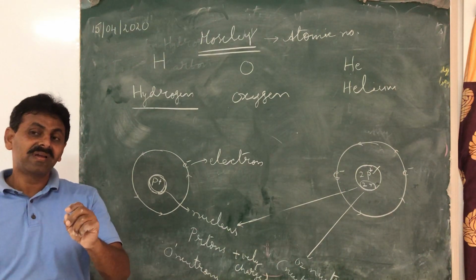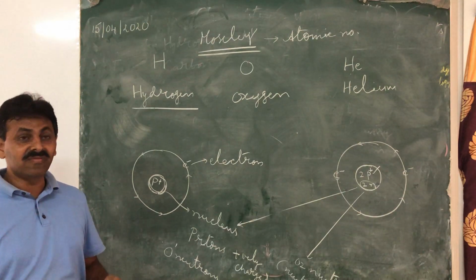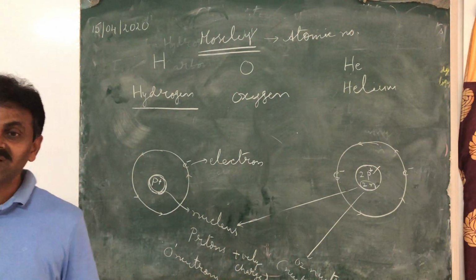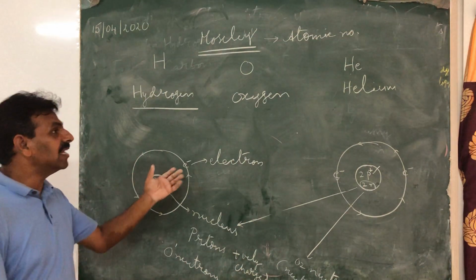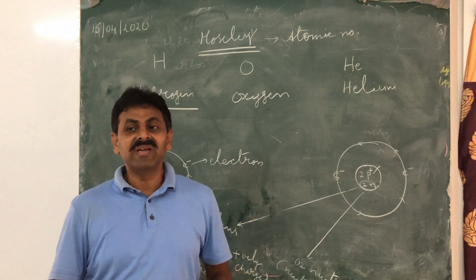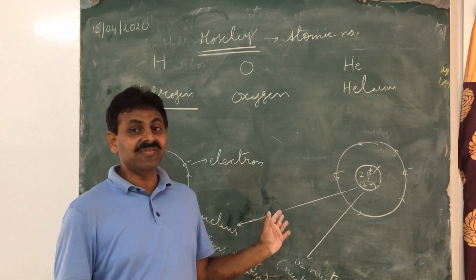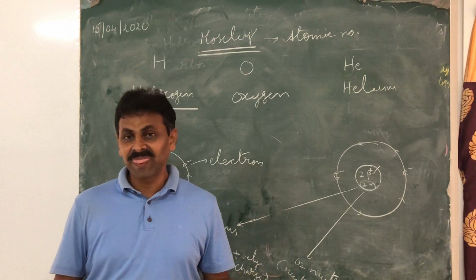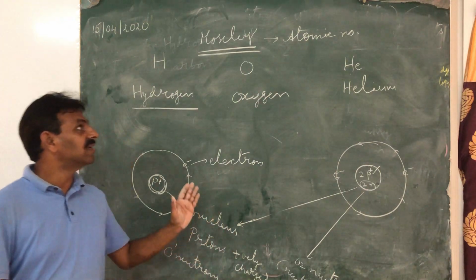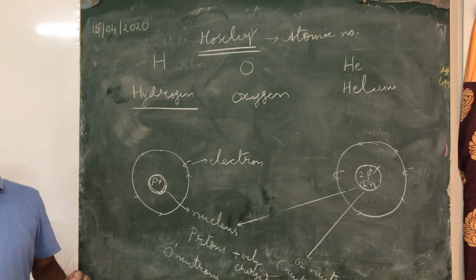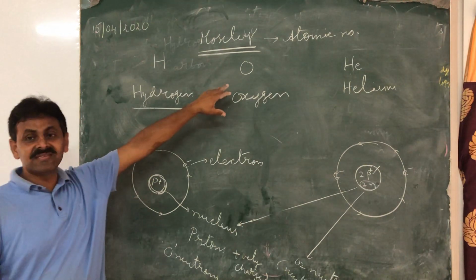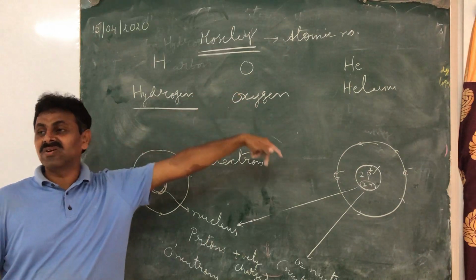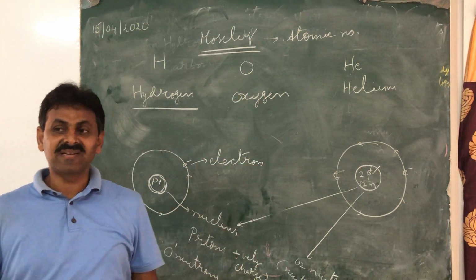And you will be amazed to know why he lost his life at the age of 23, because he joined the army and lost his life during the First World War. He was a British scientist. He joined the British army, leaving his scientific research. Imagine his patriotism towards his country.